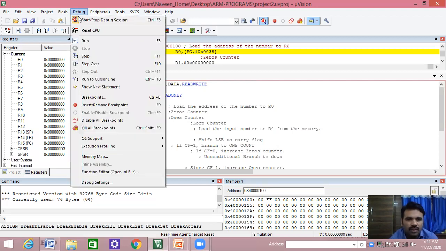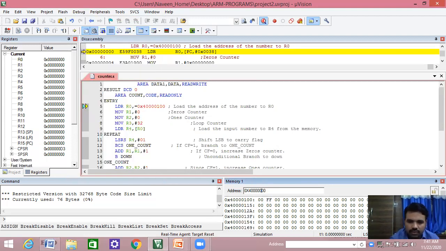We checked stepwise now. Now we run the program all at once. The output value will be updated at 0, 0. Right? Now see, the result is not updated yet. I will go to debug, then run. See, immediately this will be updated, right? So this is how we execute the program on the Keil IDE. There are different IDEs available like Eclipse, Ride, Co-IDE. These all support ARM controller programming, but we have used the Keil version here.